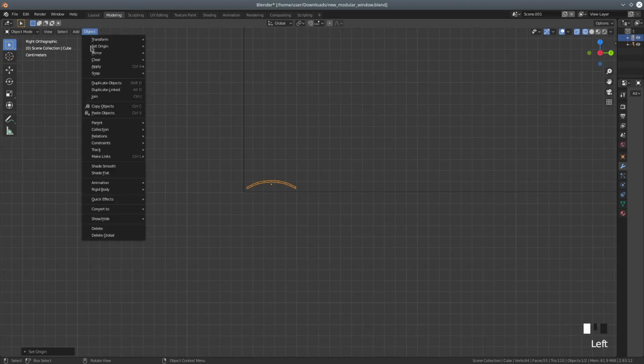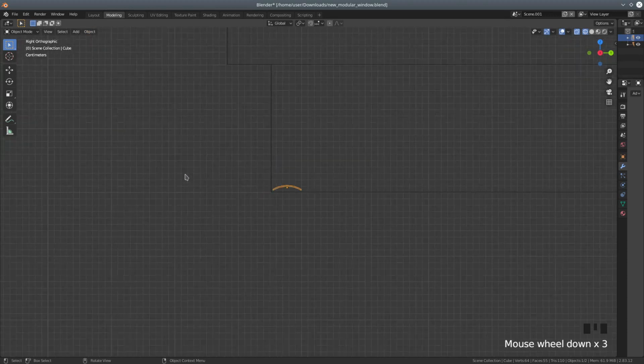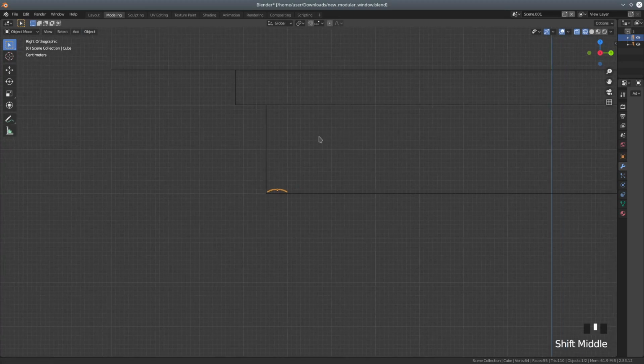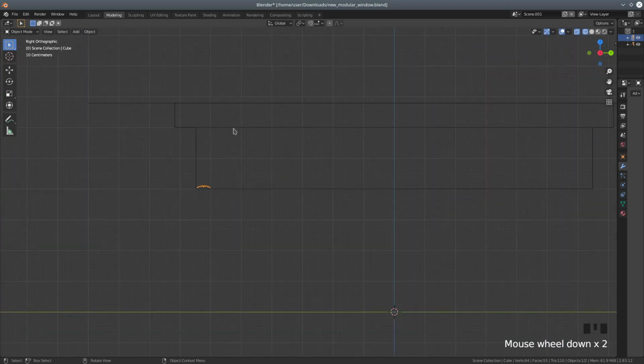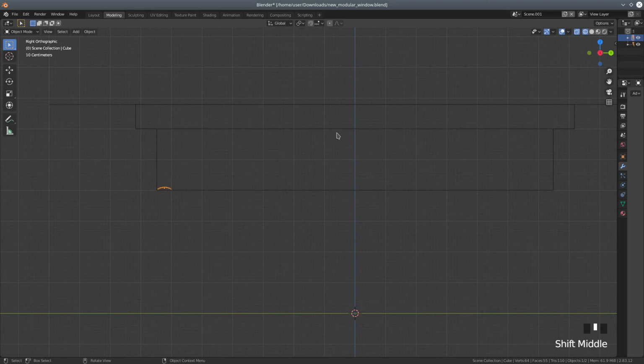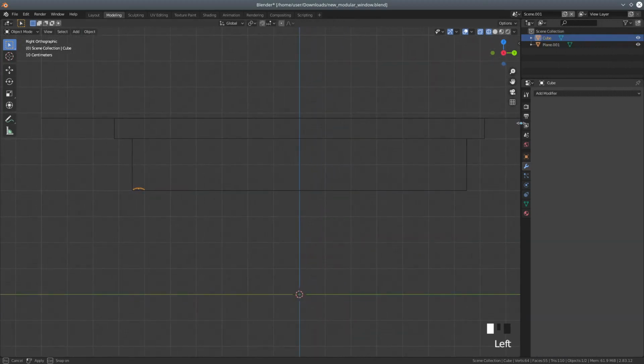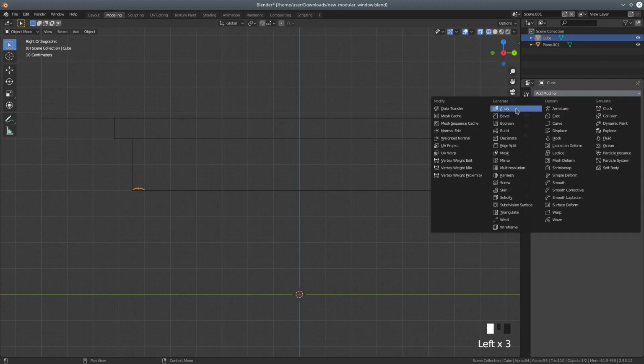I'm also going to take the opportunity to go down in the object menu to shade smooth, so we can do that. Just going to zoom out a little bit. I'm just going to pull across my properties window here so you can see what I'm doing. Just going to click on the wrench tool here, click on add modifier, go to array,